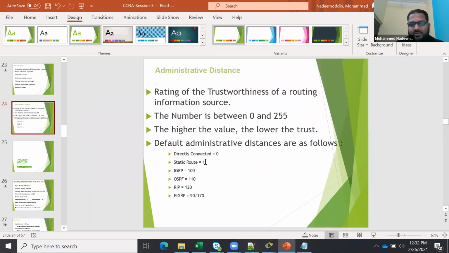If you are using OSPF, it will be 110, RIP 120, and EIGRP this one. If you are using all the protocols, the one with the higher value will be lower down, so your default route or static route will be on top of the routing table. The administrative distance is required there.